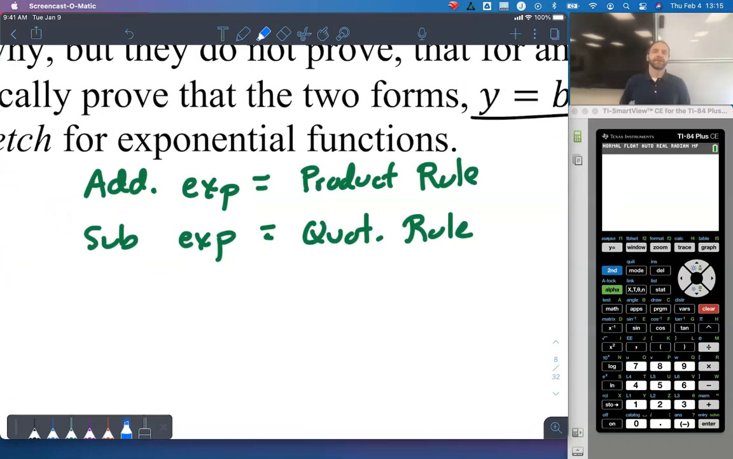You need to look at the exponents and determine which properties of exponents is being used. If you're adding, you're going to break it and separate it into 2 with multiplication with your product rule. If I'm subtracting in the exponents, I'm going to separate it with my quotient rule. That's the